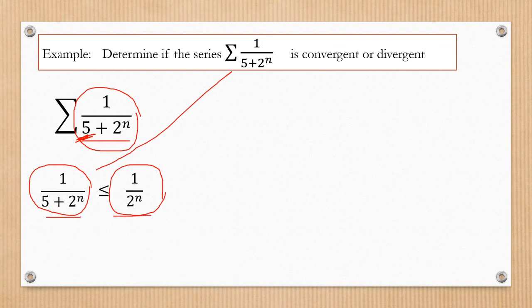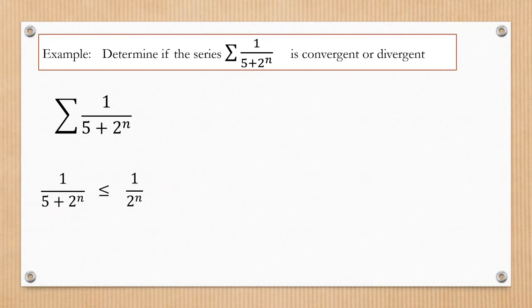Now, we know that this one is less than 1 over 2 raised to n because we know that as the value of the denominator is greater than the numerator, we know that the entire fraction mas nalilesen ang value